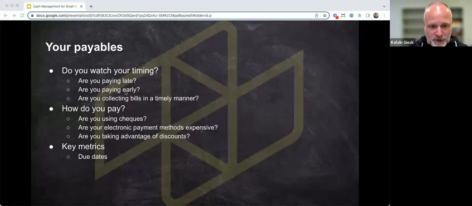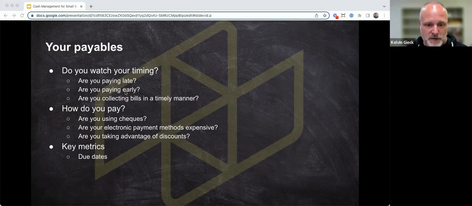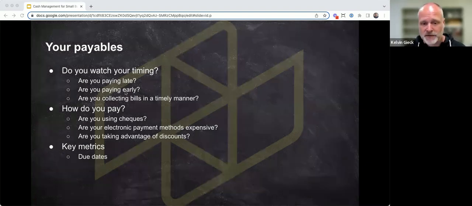Generally speaking, if you know what your cash position is and you're using efficient systems and your processes are all set up, you could start taking advantage of annual pay or early pay discounts. And so this is part of knowing how you pay. If you have very good optics around where you're at and what you're trying to do, you can start saving more money as a business or for your client's business by taking advantage of some of these annual pay offers. So in the case of, say, insurance or software subscriptions, sometimes these discounts can be pretty substantial. And the more you do it, the more that's going to add up and the more money you're going to save.